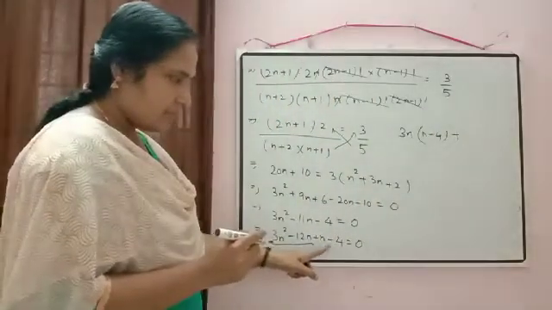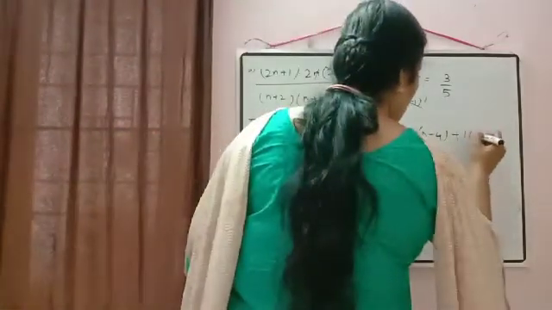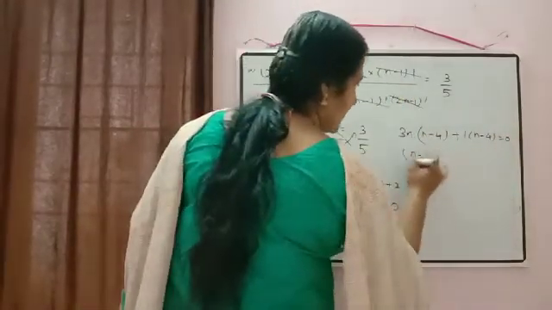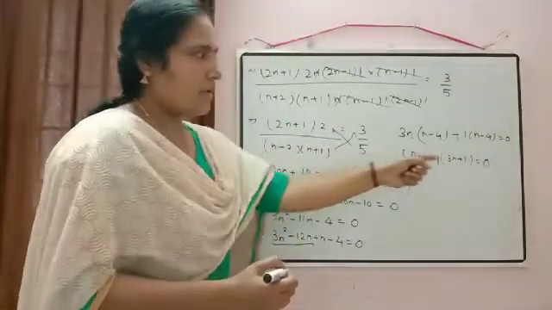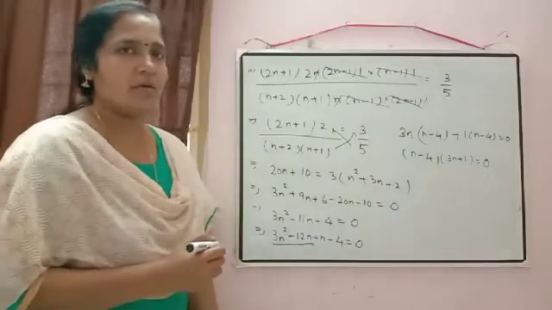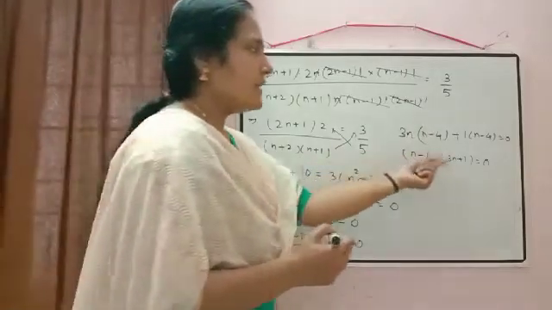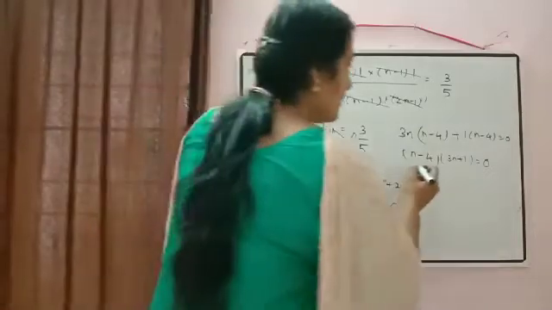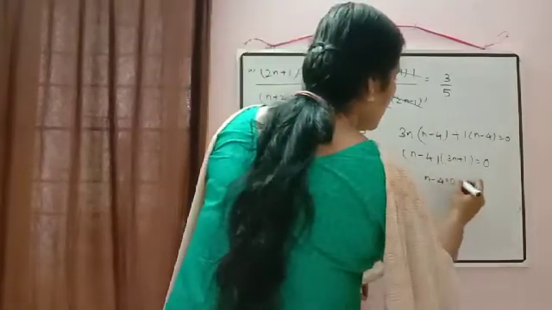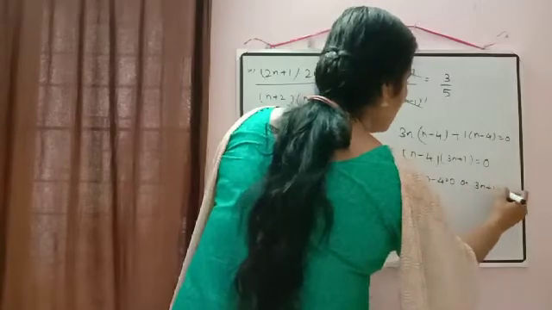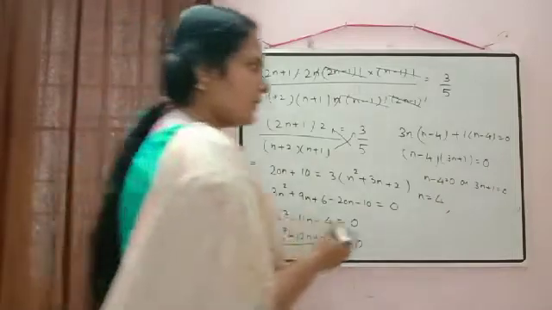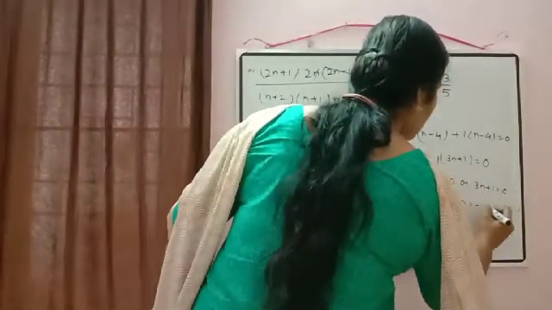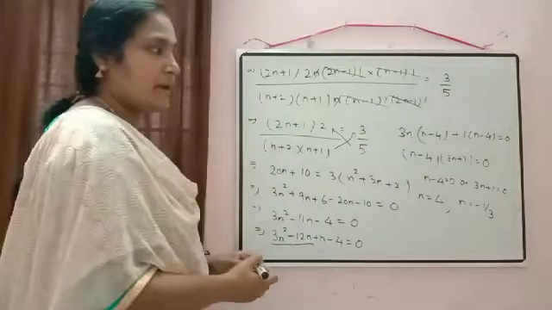N minus 4 plus. In these two terms, if no common factor is there, we can write here 1. So 1 into n minus 4 is equal to 0. So we are getting here n minus 4 into 3n plus 1 is equal to 0. Product of two expressions equal to 0. This is possible when one of the numbers should be equal to 0. So if n minus 4 is equal to 0 or 3n plus 1 is equal to 0. If n minus 4 is equal to 0, we will get n is equal to 4. And if this expression is equal to 0, then we will get n is equal to minus 1 by 3.